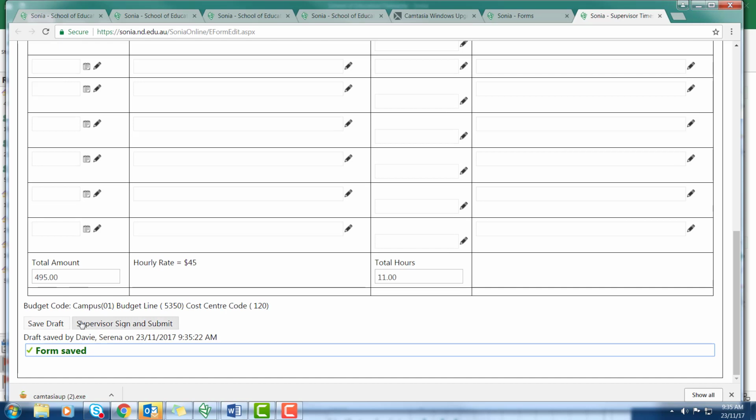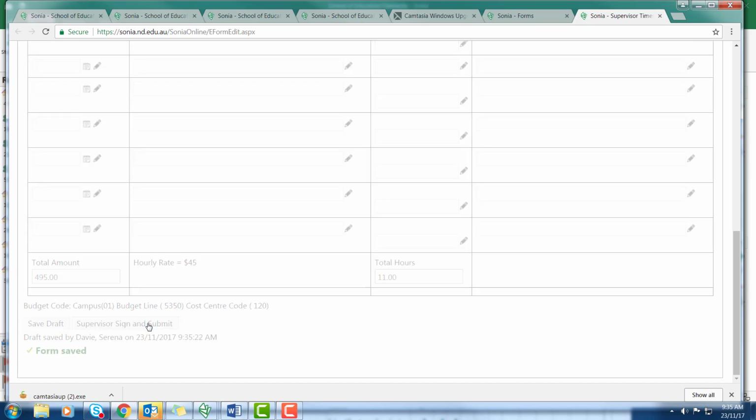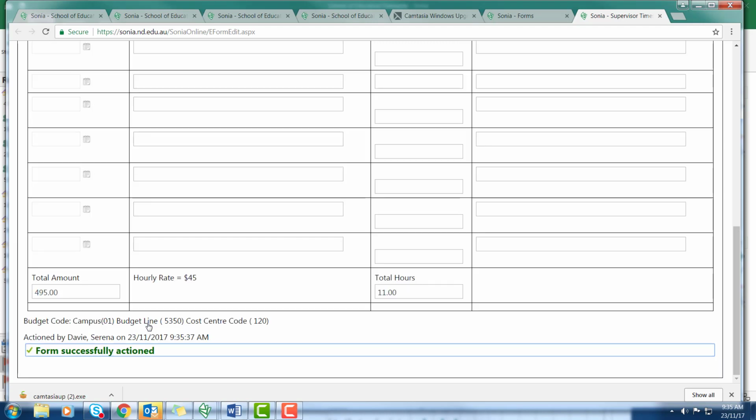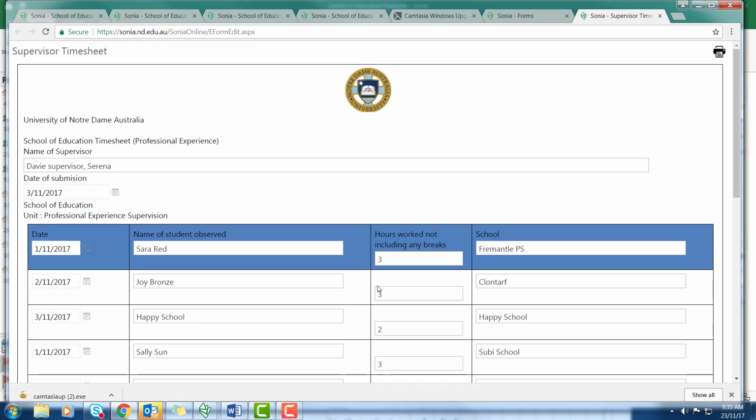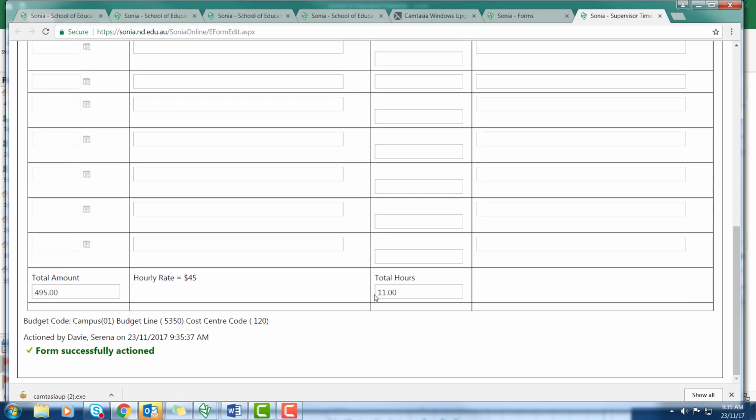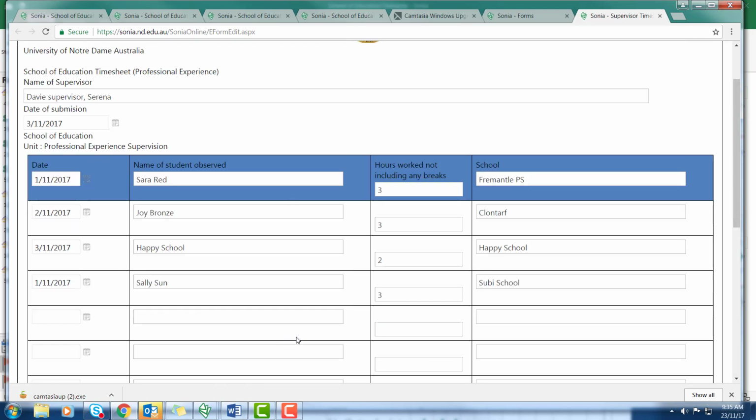When I'm ready at the end of the payment period and I'm ready to submit that to the university, I click this one, and the form now has been actioned through to the university, and you can no longer edit it. So if I click in any of these boxes, nothing happens. Okay, so there's my 11 hours successfully submitted. Okay, so I'm just going to go back to